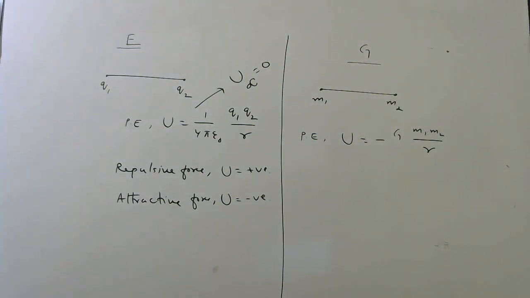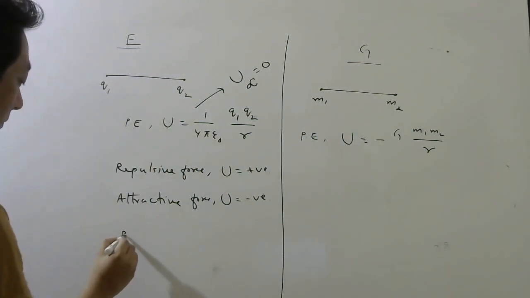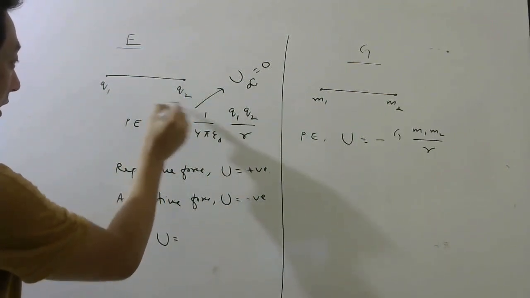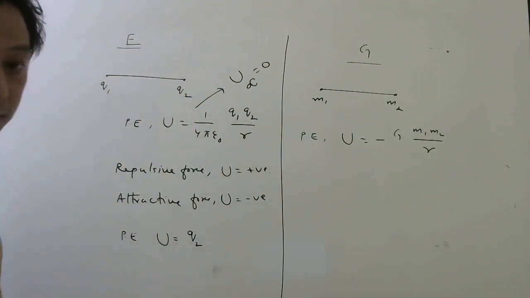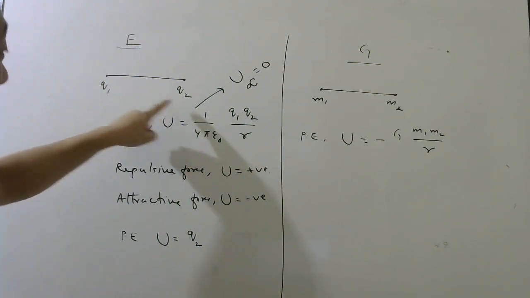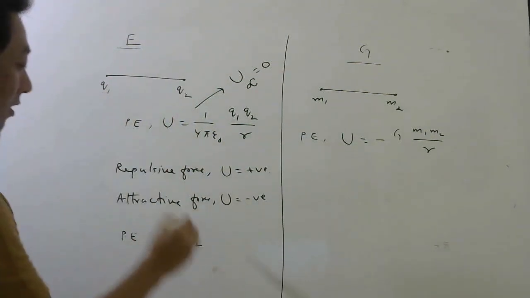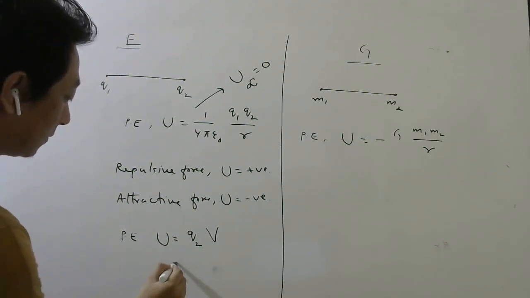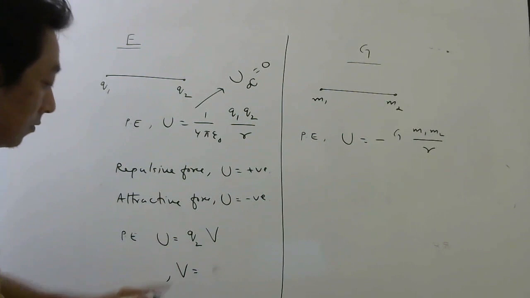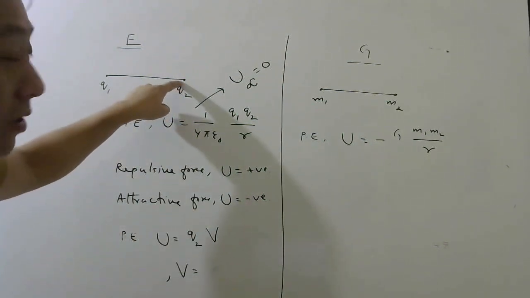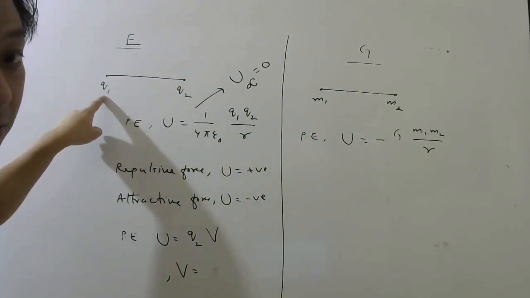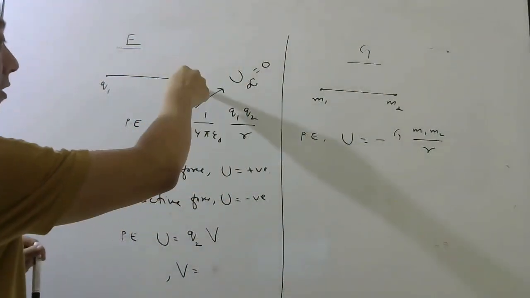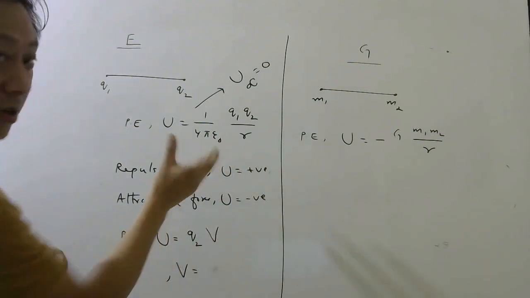Now another way to write this potential energy is to multiply the charge of this with the potential here due to this charge. That also we can write, where this V is called the potential at this point due to this charge. Okay, so keep this charge here, bring this charge from infinity to that point. The work done by you is called potential energy.